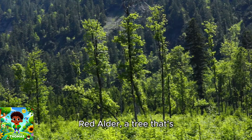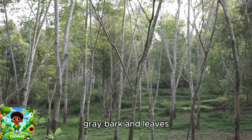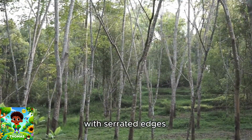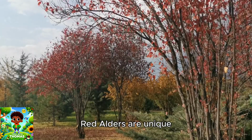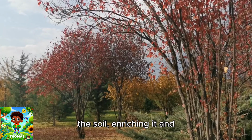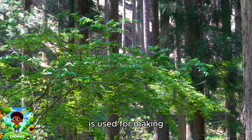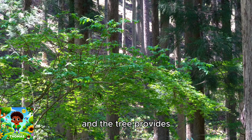Now, let's talk about the red alder, a tree that's known for its ability to improve the soil. Red alders grow in the temperate rainforests of southeast Alaska, where they often appear first after a disturbance like a landslide or fire. These trees have smooth, gray bark and leaves that are oval-shaped with serrated edges. Red alders are unique because they can fix nitrogen from the air into the soil, enriching it and helping other plants grow. The wood of the red alder is used for making furniture and cabinets, and the tree provides habitat